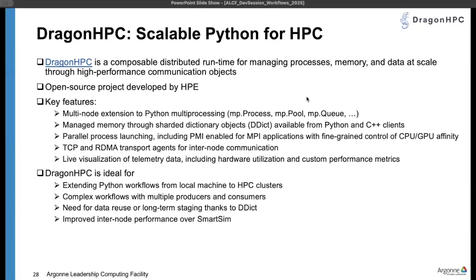So I wanted to move on to the next tool, which is Dragon HPC. And here, the way that we think of it is in a way similar to SmartSim. It does allow for that data staging component, but perhaps it's ideally suited for Python workflows. And this is because one of the main features that Dragon HPC provides is effectively a multi-node version of Python